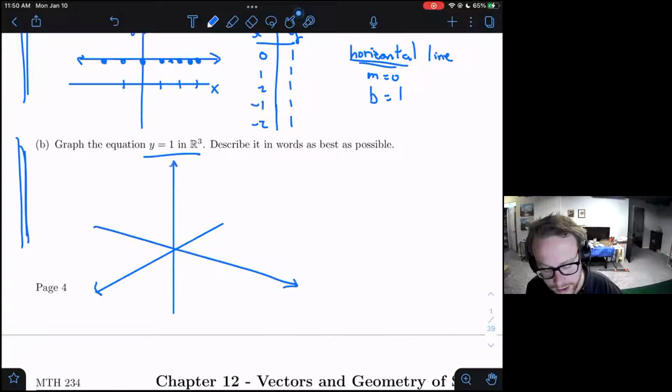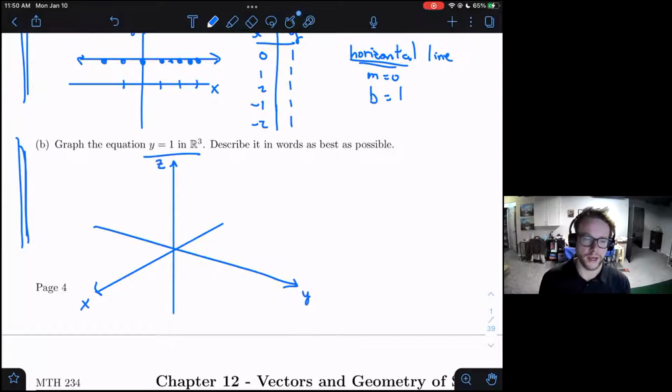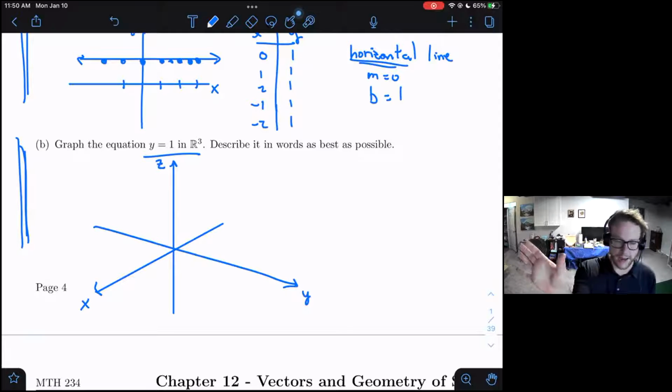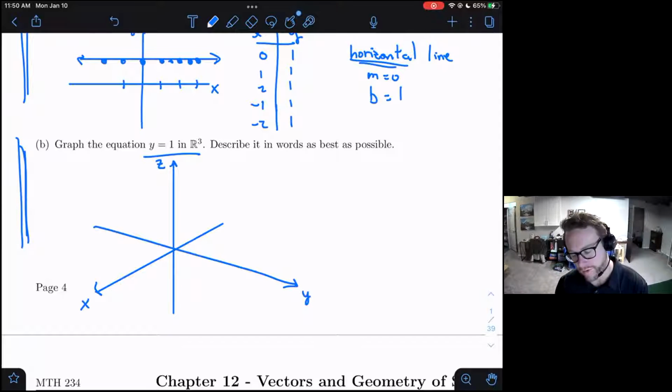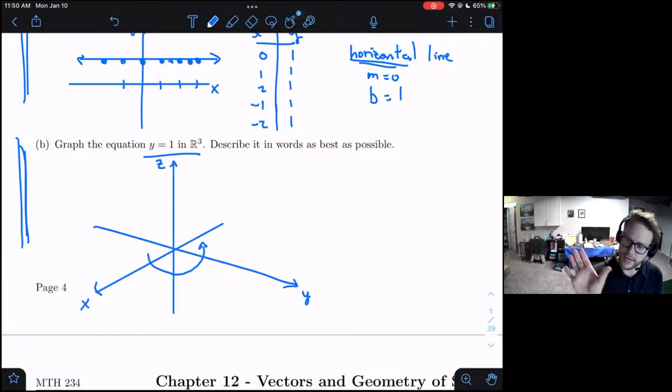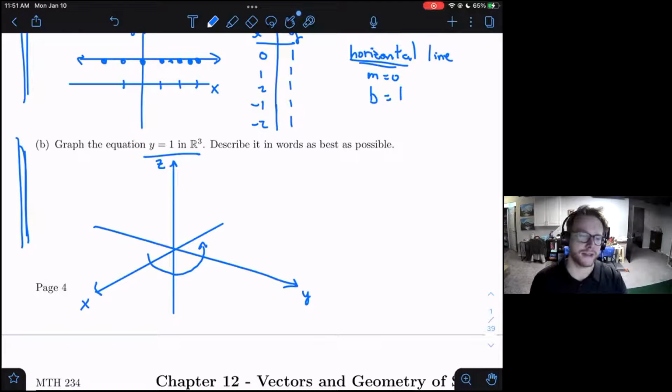Usually something like this. The X is over here, Y is over here. This is kind of the standard view for our X, Y, Z. And you can see if you were to hold up your right hand into this and have your fingers curl through the positive X axis first, and then the positive Y axis second, your thumb would be pointing in the direction of the positive Z axis. So it's pointing up here.